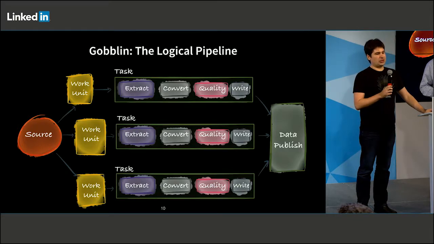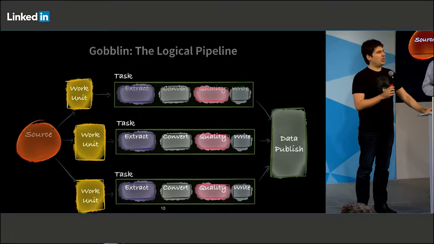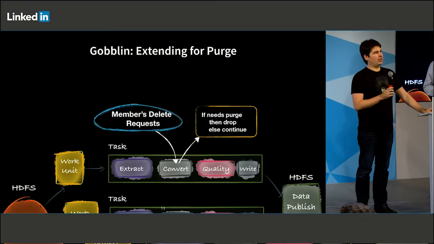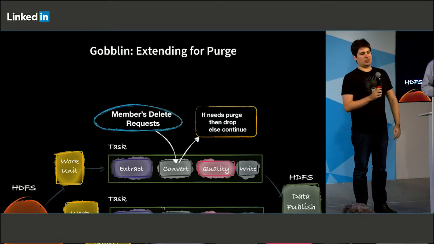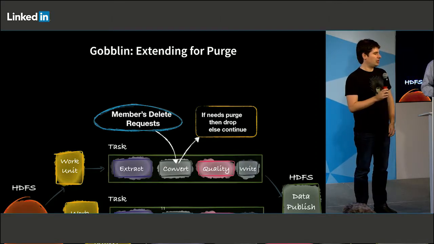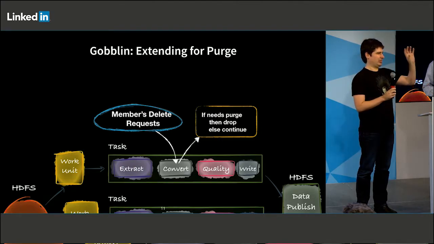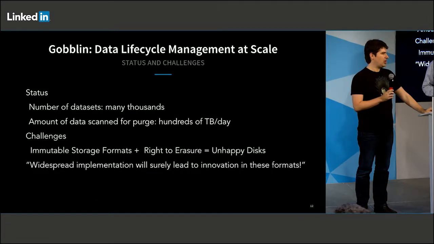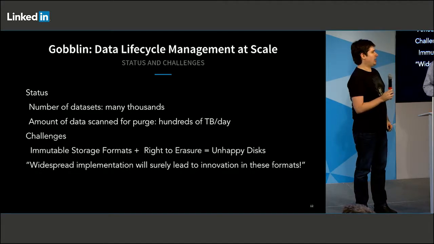You just heard the talk about all the Goblin pipelines and converters, so I'm going to skip this part. But logically, a purge job can be thought of as a fairly simple conversion task. You get in a record, and you have a list of all the members who want to delete their accounts. You ask, is this record pertinent to one of these members? If yes, delete it and return no rows back. If no, just return the row as is. Of course, it's not that easy once you implement this feature, but it's very straightforward from a 10,000-foot view. Anthony's going to talk a little more about how we implement that in depth right after this.